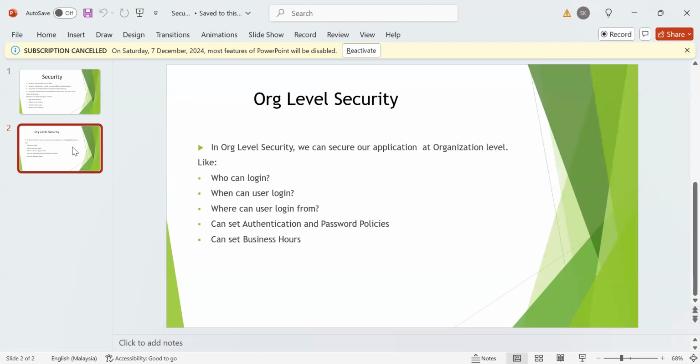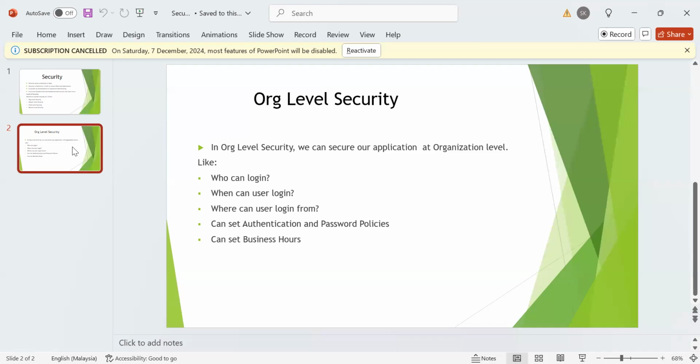Next is when can a user log in. In this we can provide security on what time the user can access the allowed functionality in an application, right? So we can do this by setting up business hours for the users, right? So Salesforce provides the facility to set the business hours for the particular user and the application as well, or we can set our business hours at the organization level, right? So the user can log in only within those hours which are allowed to him, right?